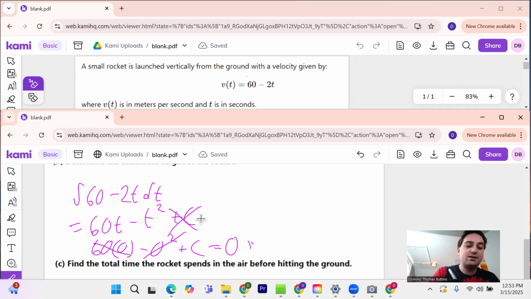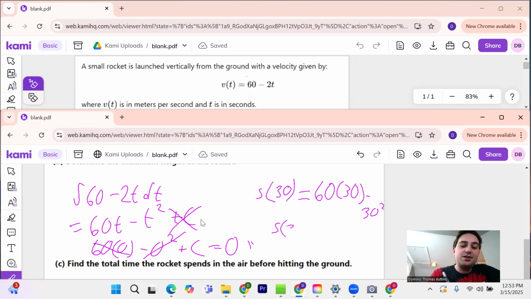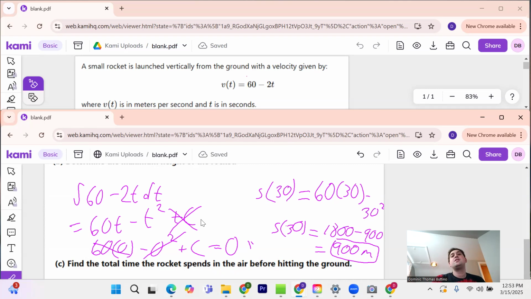So we're going to say S, displacement of 30, equals 60 times 30 minus 30 squared, okay? And that comes from just plugging in time equals 30 seconds into t. That's going to give us 1800 minus 900, which is going to give us 900. And remember, units are important, meters, okay? Because everything here is in meters. So this rocket takes 30 seconds, gets to 900 meters into the sky, and then it's going to